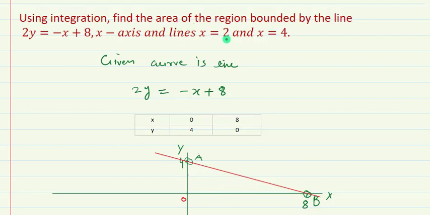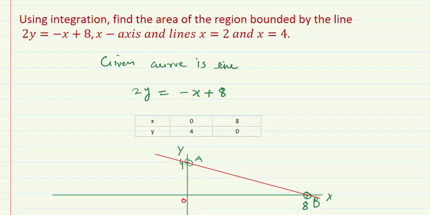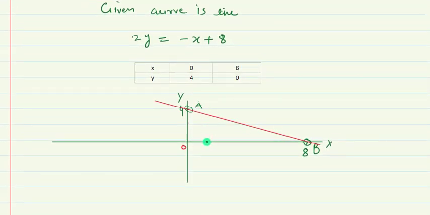The third thing is x = 2 and the fourth thing is x = 4. So let us draw these two lines as well. Let us choose approximate positions of x = 2 and x = 4. So let me say this is x = 2 and this is x = 4. Now let us draw the lines. Here are the two lines, one is x = 2 and this is x = 4, which I have taken approximately in between 0 and 8.